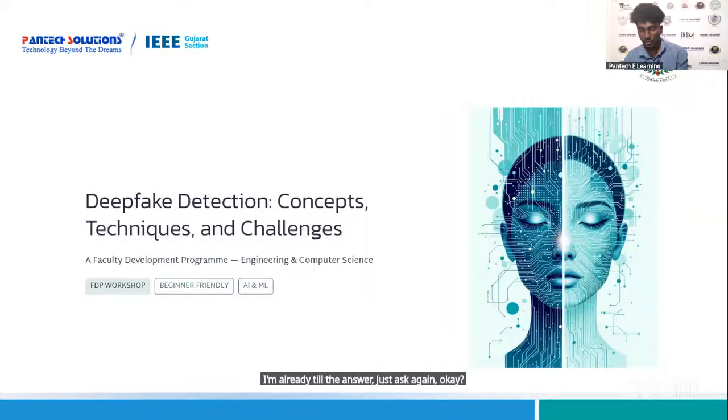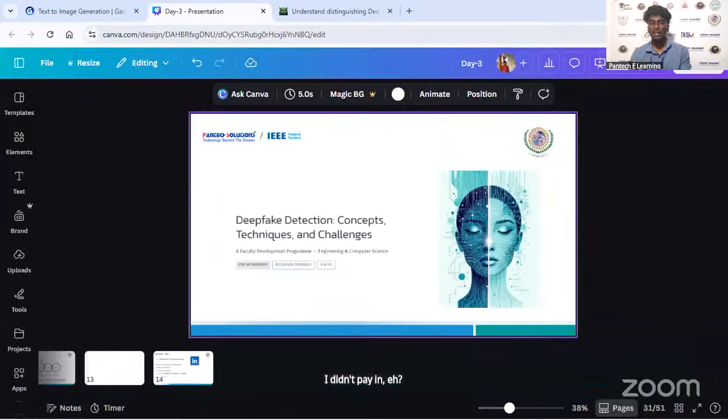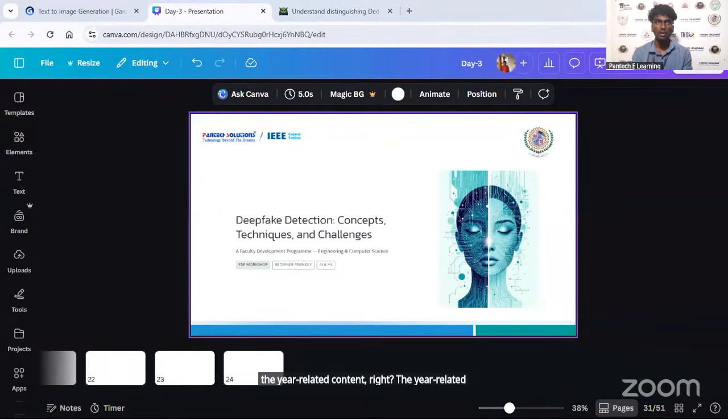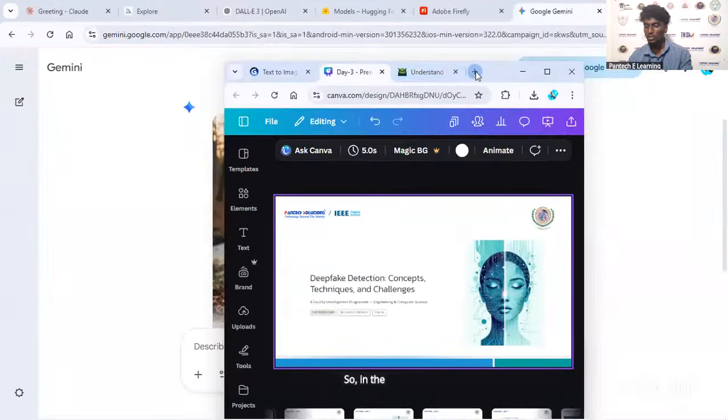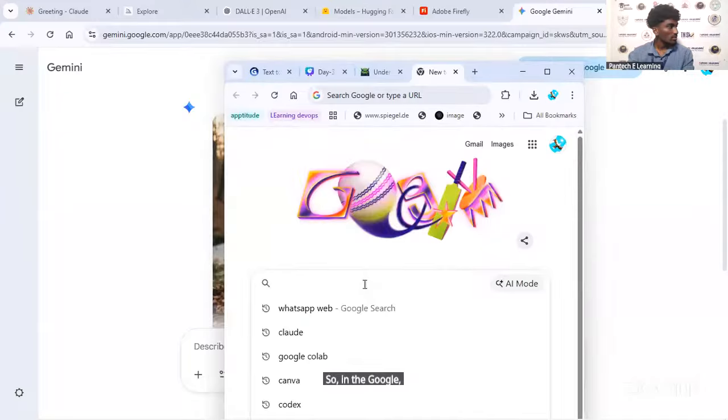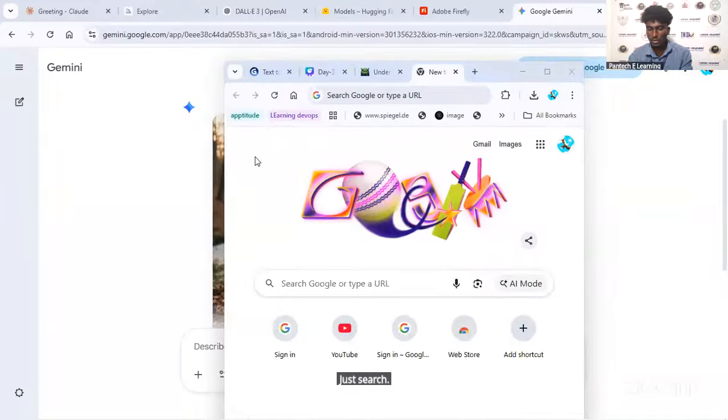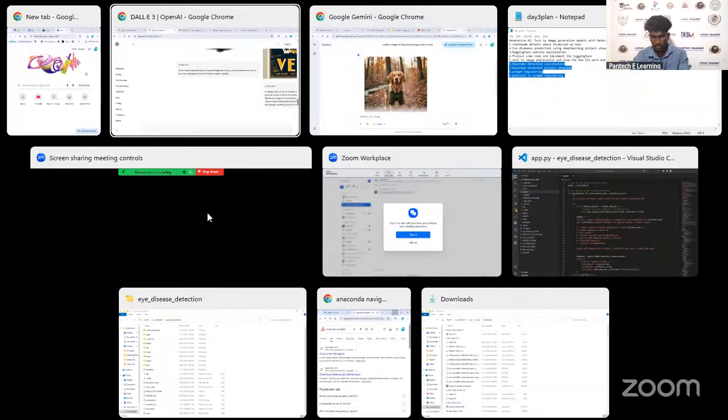Deepfake detection is identifying AI-related content. Some humans cannot find out whether videos or images are AI related, so we have a website for that, called deepfake detection. In Google, just search